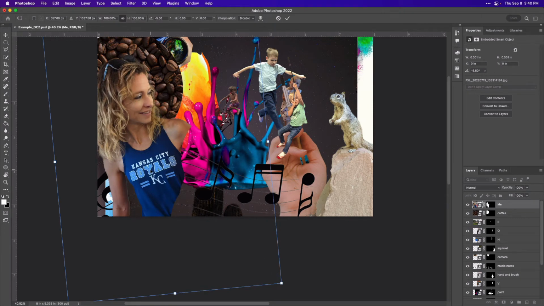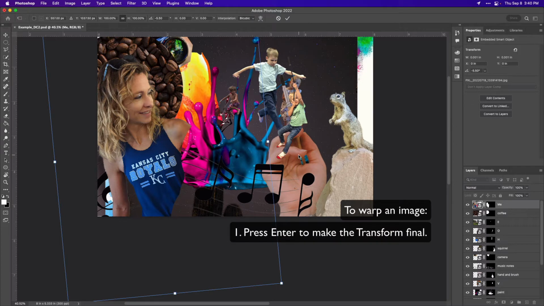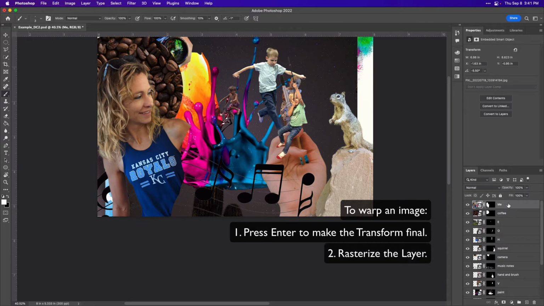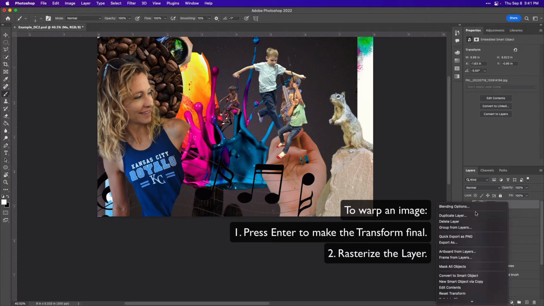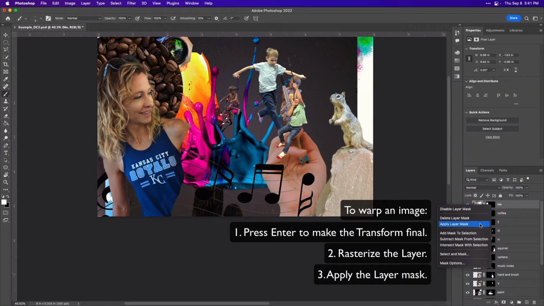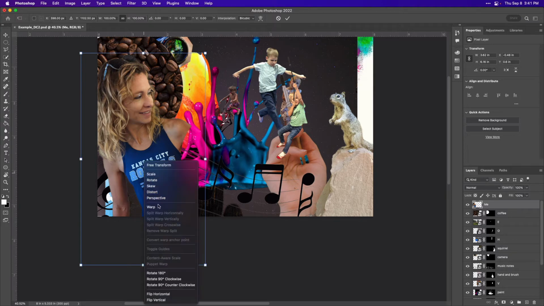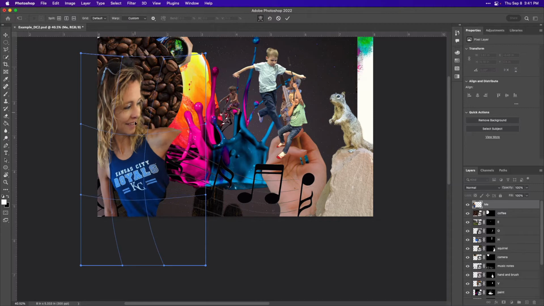And warp. Now for the warp option, you'll notice that you get a pop-up here and it tells you can't do that. So in order to make the warp option work, you've got a couple of things you're gonna need to do. So you press Enter to make the transform final. You're going to rasterize by right-clicking on the layer and finding rasterize. And then you're going to apply the layer mask. Now you should be able to Command-T to transform, right-click, and warp if you decide you need to warp your